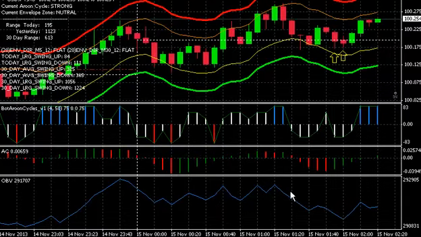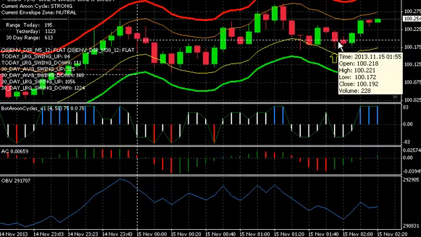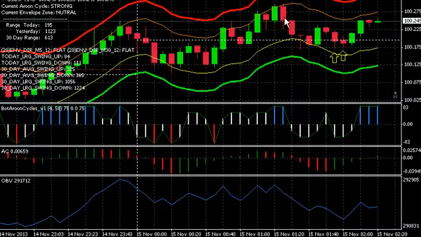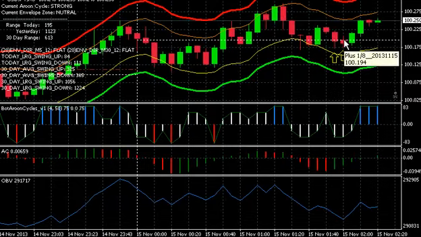That tells me that while this market was dropping, there were less guys and less money actually interested in bidding this market down, and that's a good sign that we could be getting ready with our timing for a reversal. And that's what we see happening, the market